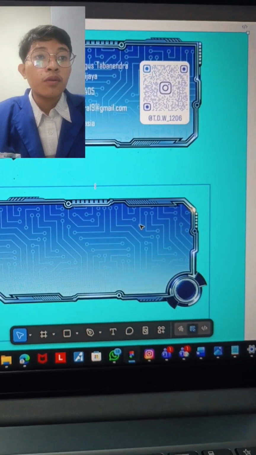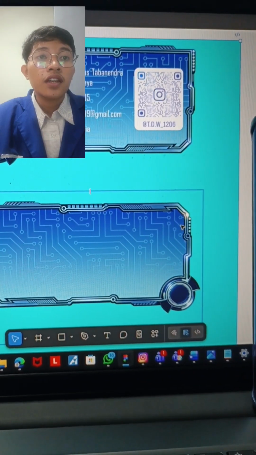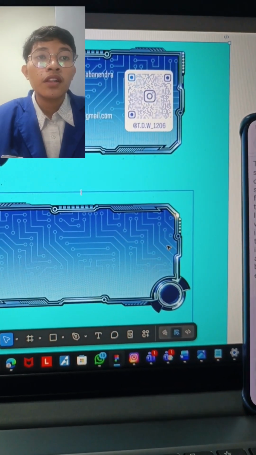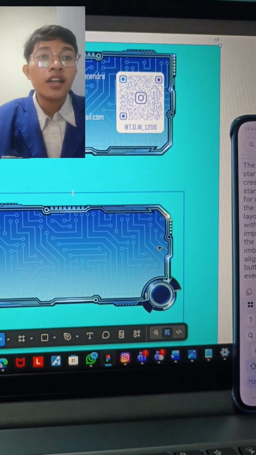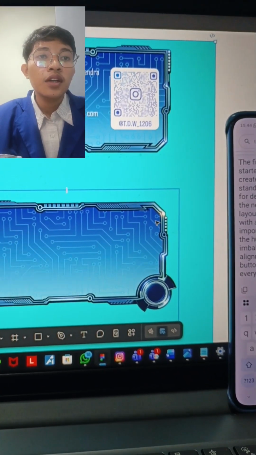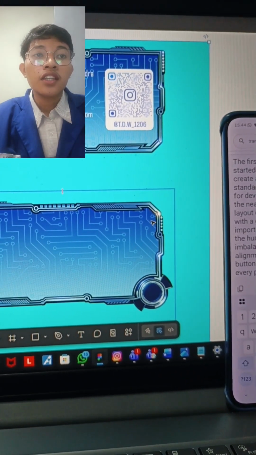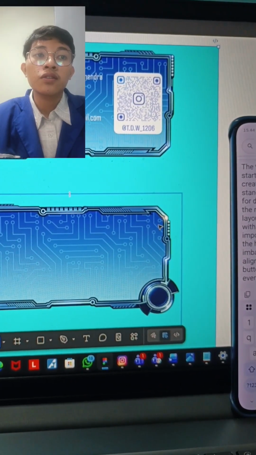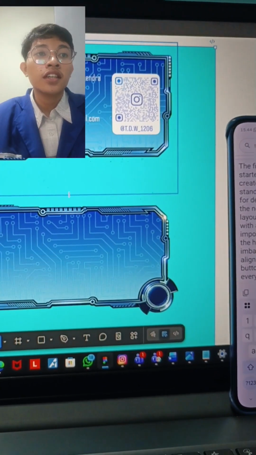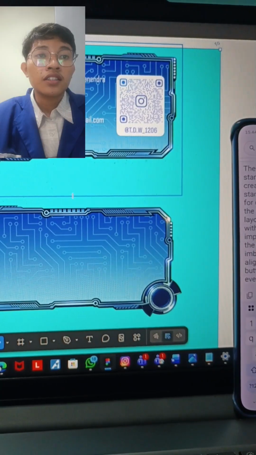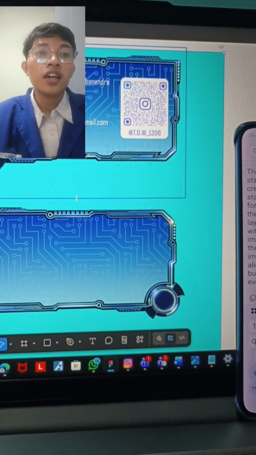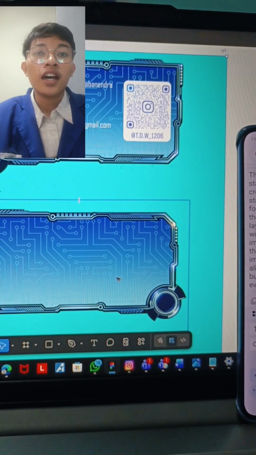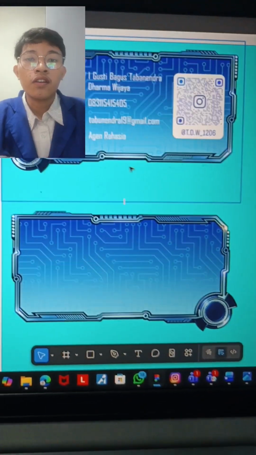Because without a grid, the human eye will perceive unbalance. With this tool, I ensure the alignment between the logo, text, and the buttons remains consistent across every page I create.